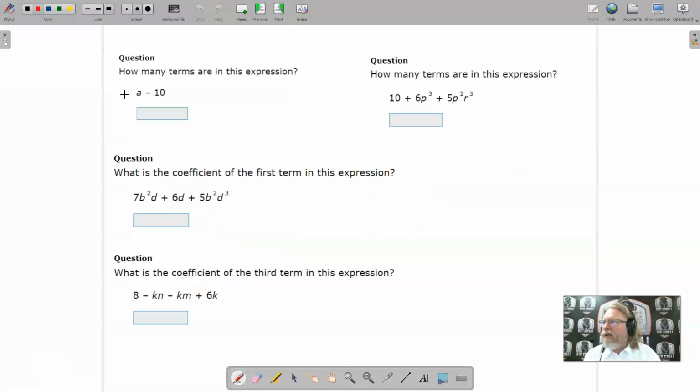Looking at the next one, how many terms are in this expression? We could rewrite this as a sum, a plus negative 10. But still, how many terms are here? Well, 1 plus sign, so add 1 to 1, we would get 2, and we can see that there are 2 terms there. How many terms in the next expression, 10x plus 6p to the third plus 5p squared r cubed? We have 1, 2, 3, so there are indeed 3 terms,